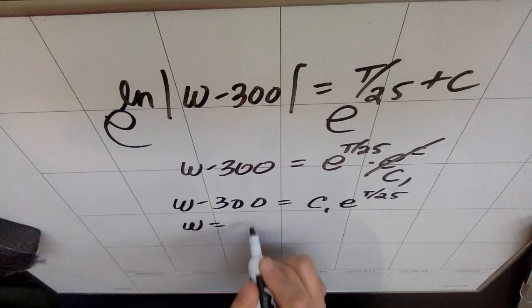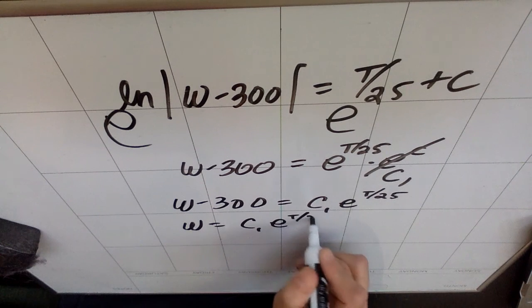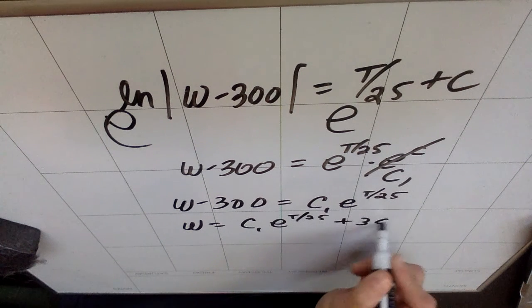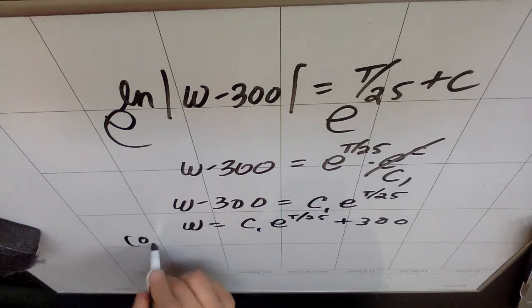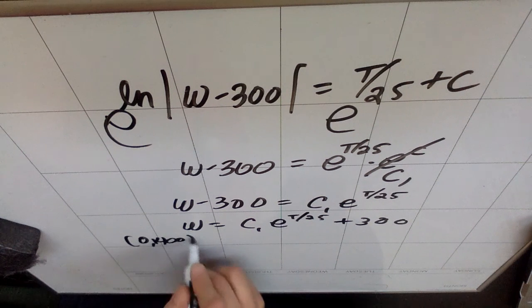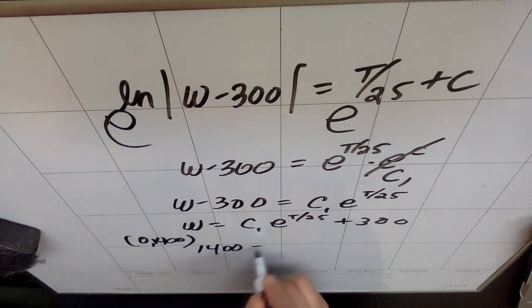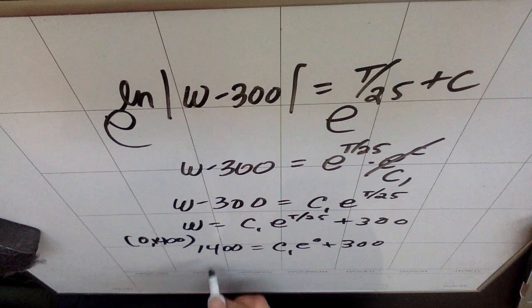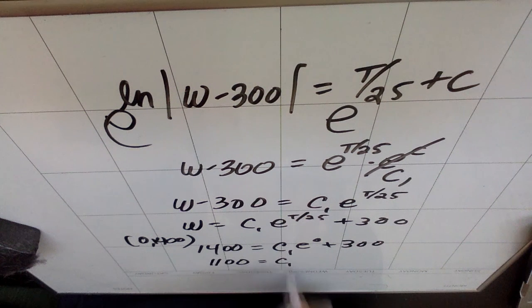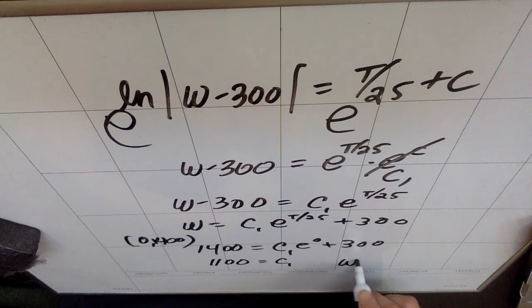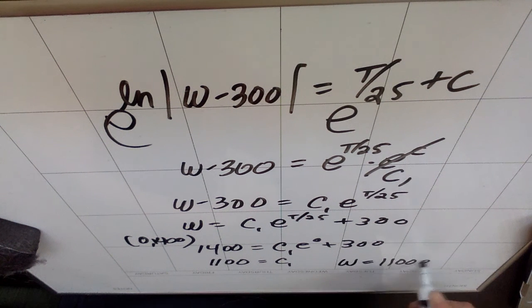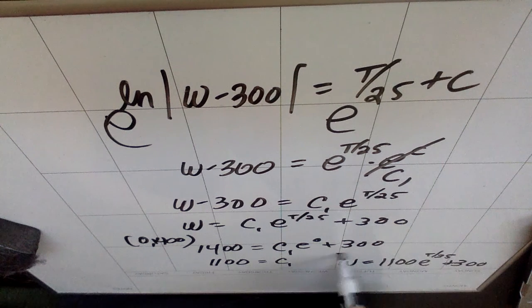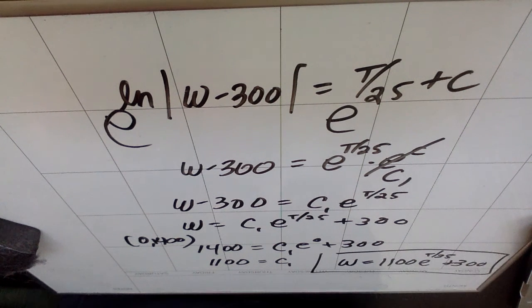So W equals C sub 1 e to the t over 25 plus 300, and then I could go ahead and plug in my point 0, 1400, and I get 1400 equals C sub 1 e to the 0 plus 300, which is how I get that 1100 for my C sub 1. And I get the same answer, W equals 1100 e to the t over 25 plus 300. So either way you go, you end up with the same answer. It's just a different